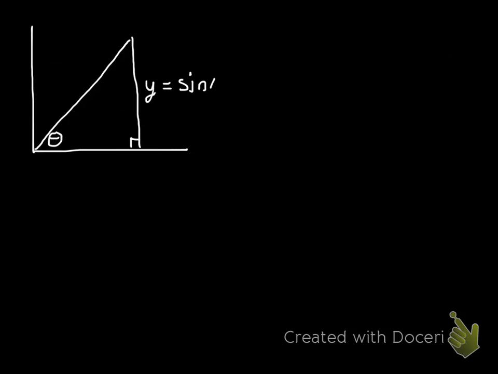So something kind of helpful that we're going to use, some trig. So if I draw a right triangle with an angle theta, the opposite will be the sine of theta, the adjacent will be the cosine of theta, and the hypotenuse will be 1. If we use the Pythagorean theorem,